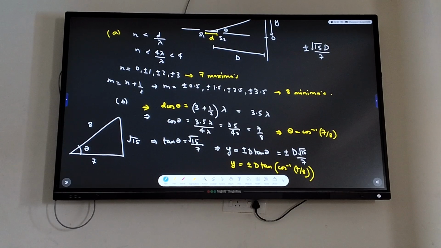I did that method. I didn't take 3 plus 1 by 2 lambda. I took 3 lambda, right. अच्छा, it's a minima na, minima के लिए n plus half होता है. तो